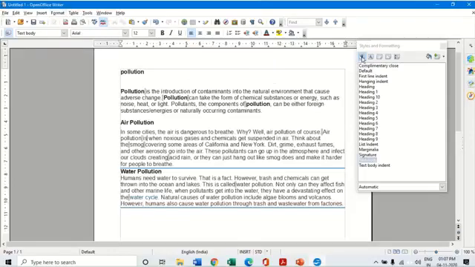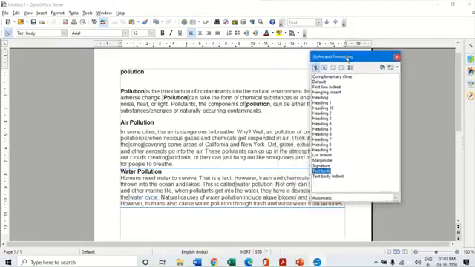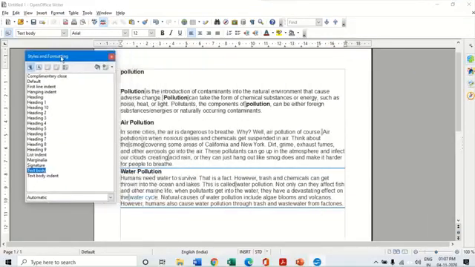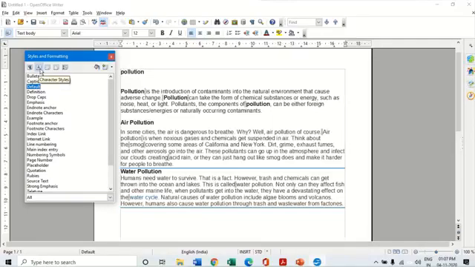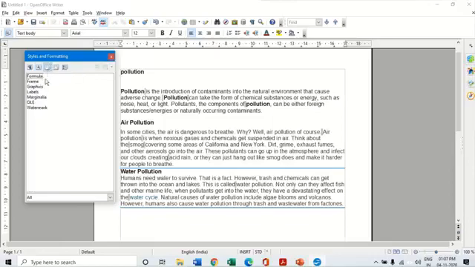Now, I can move this box wherever I want by just clicking and dragging it. Here, as I told you, there are five different styles which we can apply. First is the paragraph styles, which we can apply to all the different paragraphs. Then there are the character styles, which I can apply to the text, different types of text formats. These are the frame styles, which I can apply to the images which I put. This one is for the page styles, that is the header, footer, the page note, all this. And this one is for the list, or the different types of lists I can apply.